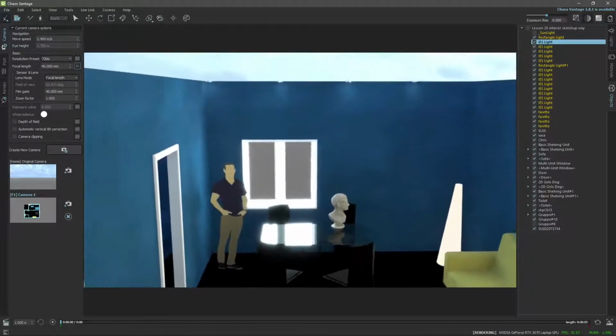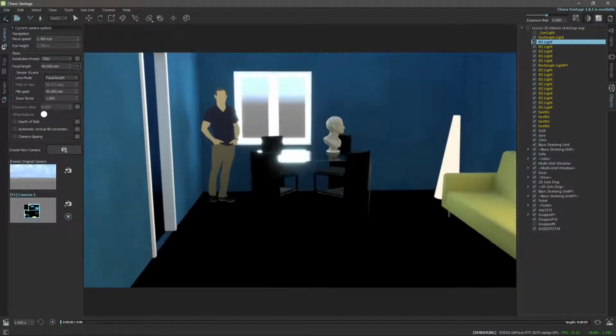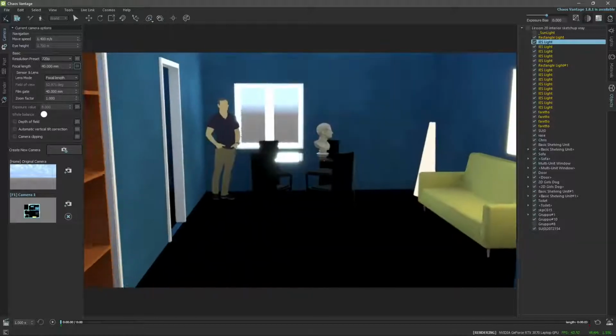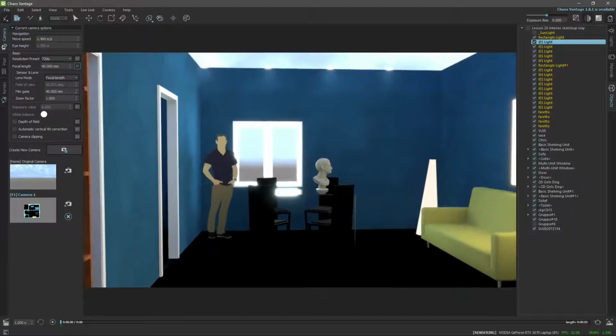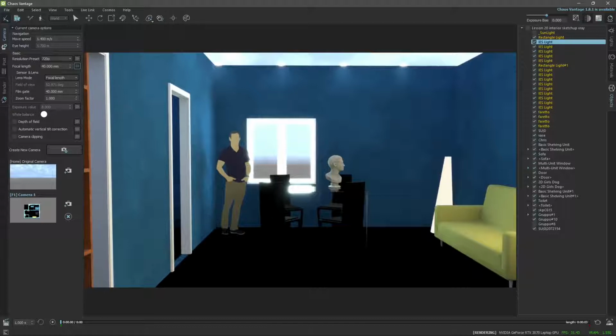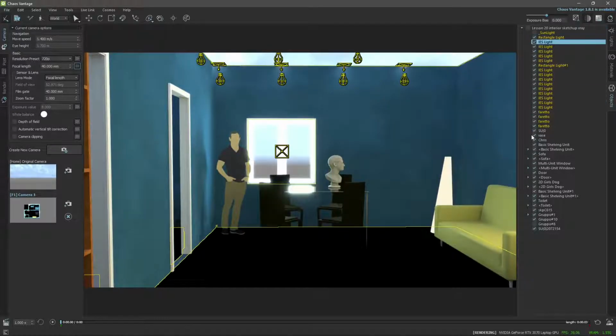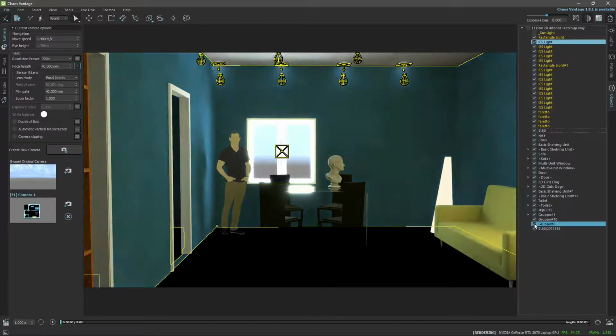So I'm just going to move inside, using the WASD keys to navigate. And of course I can explore this scene using the collision and the first person look as I did previously. But this time I just want to concentrate on lights. You can see now I can turn on the